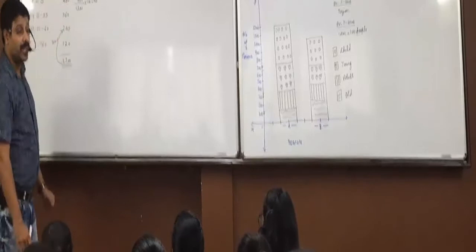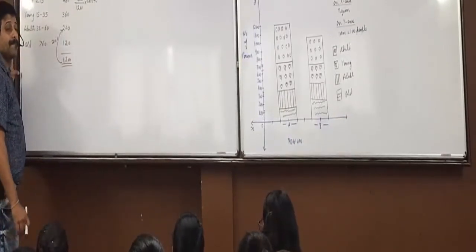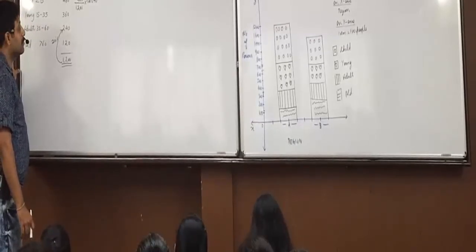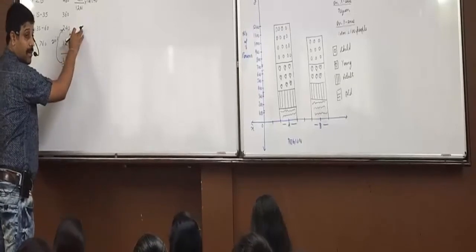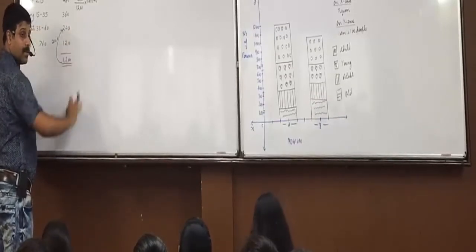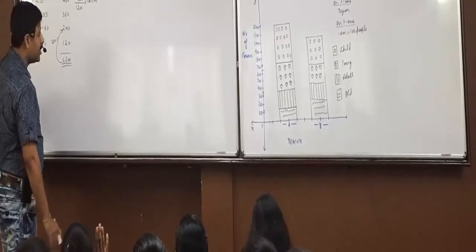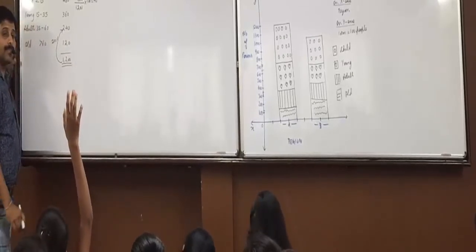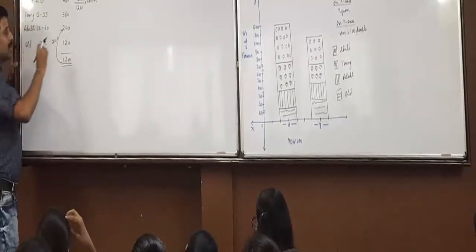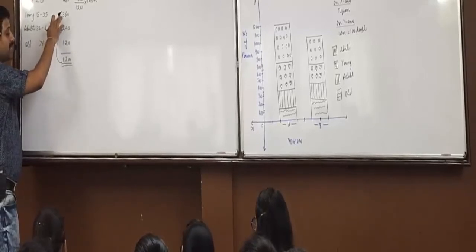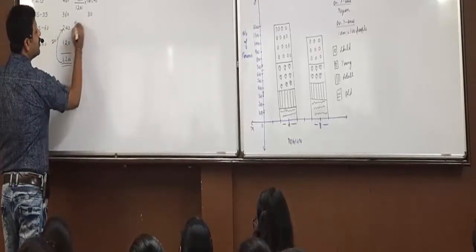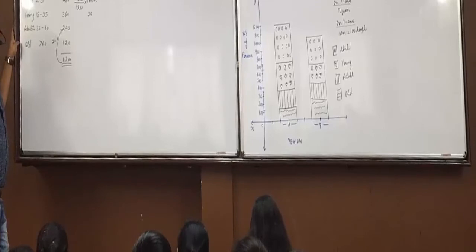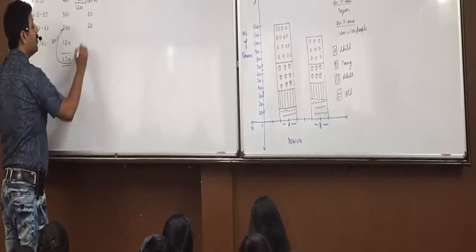Akshat, next percentage how would you obtain? 360 divided by 1200 into 100, that is 30. Did you understand the first percentage? And tell me the second in the same manner. 360 divided by 1200 into 100, that is? 30. Did you understand this, everyone? Akshat, next. 240 upon 1200 into 100, that is 20.